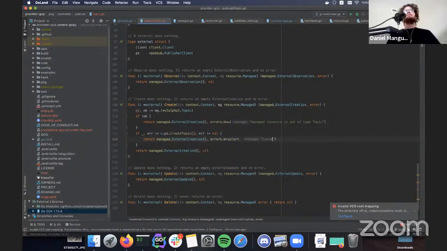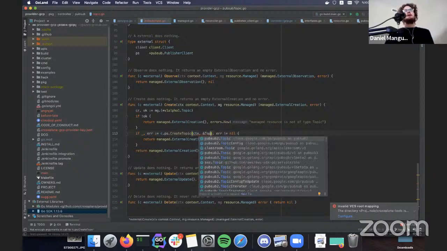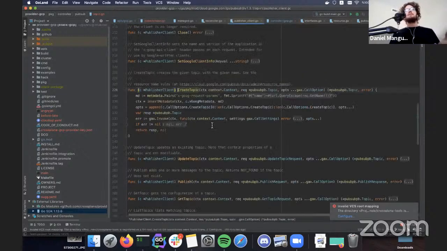Yeah, I think that's a great thing to point out. And you can observe this by looking at what happens in the managed reconciler in Crossplane runtime. But just as the simplest idea of what's going on here, we always call observe. So on every reconcile, we observe. So you can always guarantee that by the time you get to create, update, or delete, whatever logic you've placed in observe has led you there.